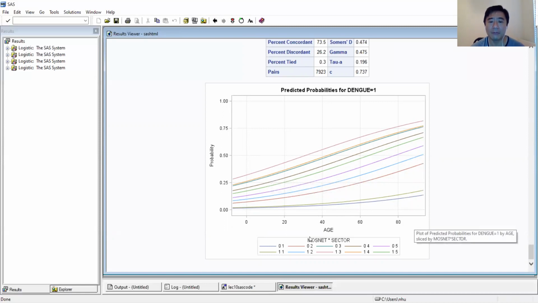And because we also have two other categorical variables, the way SAS handles that is it subdivides this into 10 different subgroups. The subgroups are determined by the combination of the net use status and the geographic location. So we have 0, 1, 0, 2, 0, 5, and 1, 1, 1, 2, all the way to 1, 5. Each line